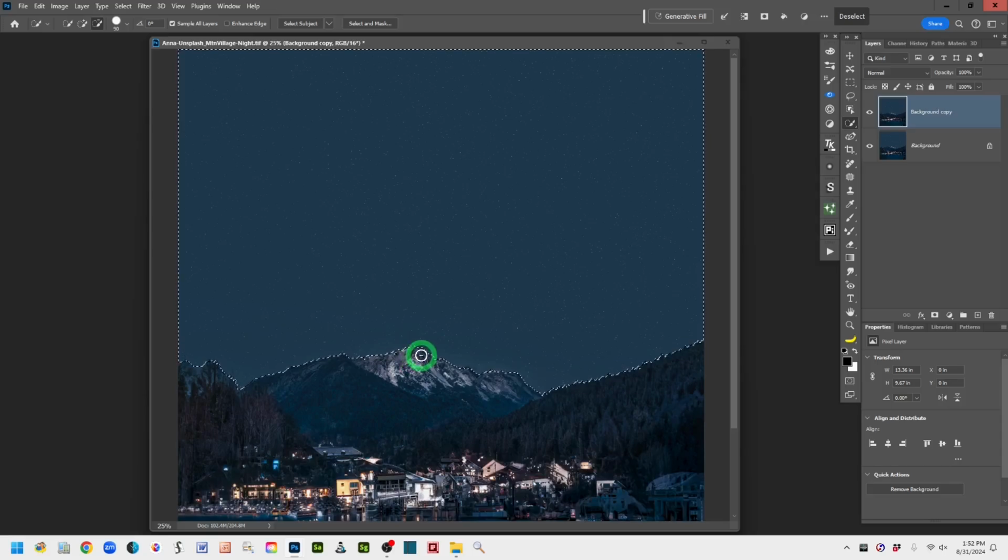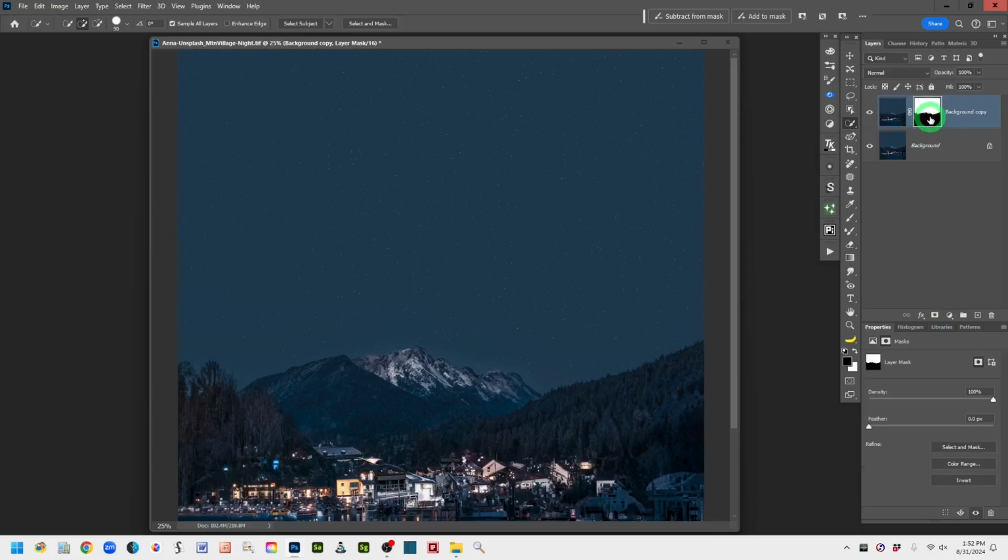This is missing the top of the mountain there. All right, and I'm not going to get too perfectionist about it, but you'll see, okay, so we have our selection of the sky. So now what I want to do is to add a mask to that layer. So bottom of the layers panel, come to the box with the circle, which is add layer mask, and you